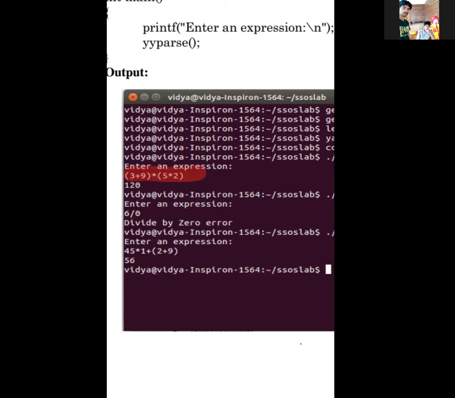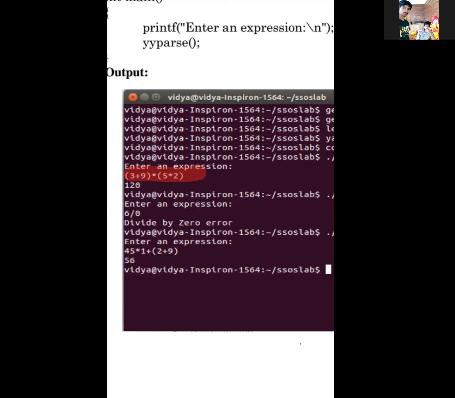Therefore we have a left. Every time plus will start from left side scanning. Star also starts from left side scanning. So 9 plus 3 is 12. 12 star 10, 5 2s are 10, so 120 will be the answer. In the previous program, we did not get the answer, just scanning of your program's input variables. But here we are going to calculate and tell you the answer.